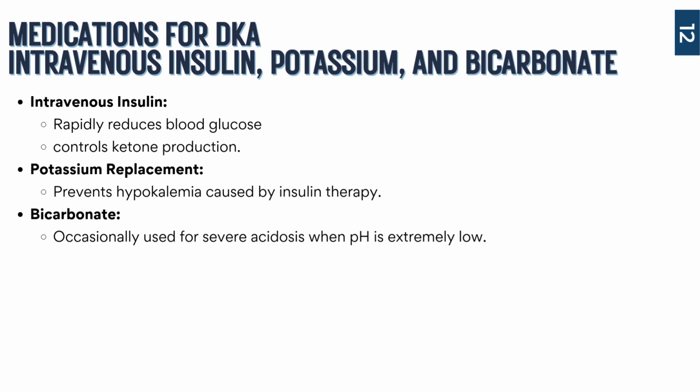Okay, so next, we are going to have to actually give potassium replacement. So if you remember, insulin helps push sugar into the cells, but what it also does is it grabs potassium and it shoves it into the cell as well. So if we're giving a whole bunch of insulin to correct the hyperglycemia, we're also going to be shoving all this potassium into the cells, and it's going to drop the patient's potassium, okay?